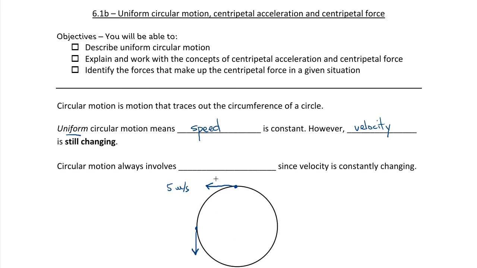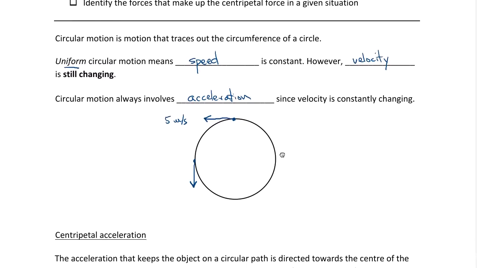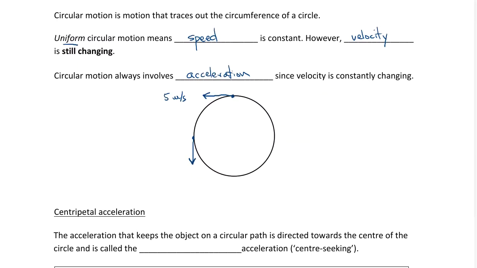And because velocity is changing and acceleration is the rate of change of velocity, circular motion always involves acceleration. It can be tempting to think that because the object is moving at a constant speed, there's no acceleration. But remember that velocity is a vector. So here's our object, and it's moving around in a circle, and I'm drawing its instantaneous velocity at these 4